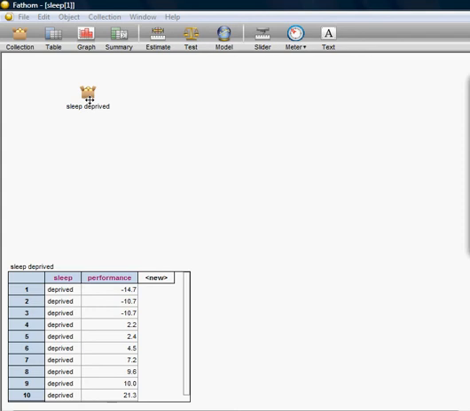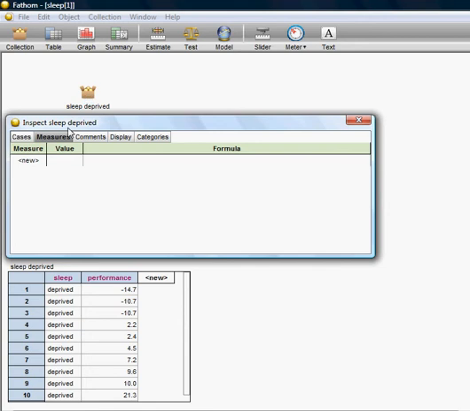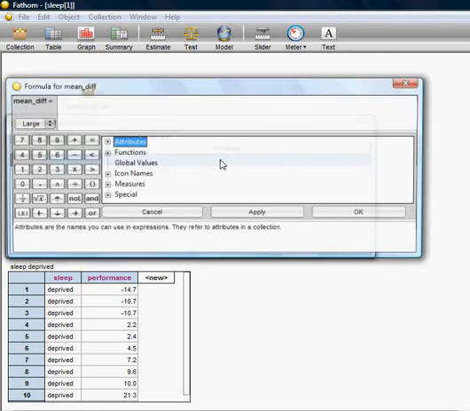In order to do that, we double-clicked on the data set sleep deprived, and the inspector popped up. The measures tab is already clicked, so let's name it. To do that, we click where it says new, and we will call it mean_diff, standing for difference. And now we want to put in our formula, so we double-click under the formula box, and the formula box